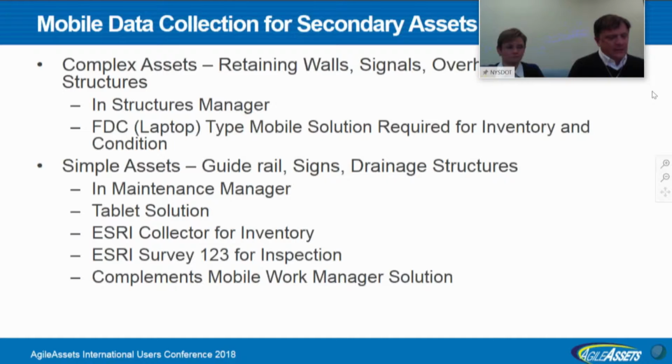Those need to be in an FDC solution, or in the inspection tool as it becomes available from Agile. So we've separated those. We've put the structural assets in the structures management module and put the simple assets, guide rails, signs, drainage structures, that don't have complex workflows,